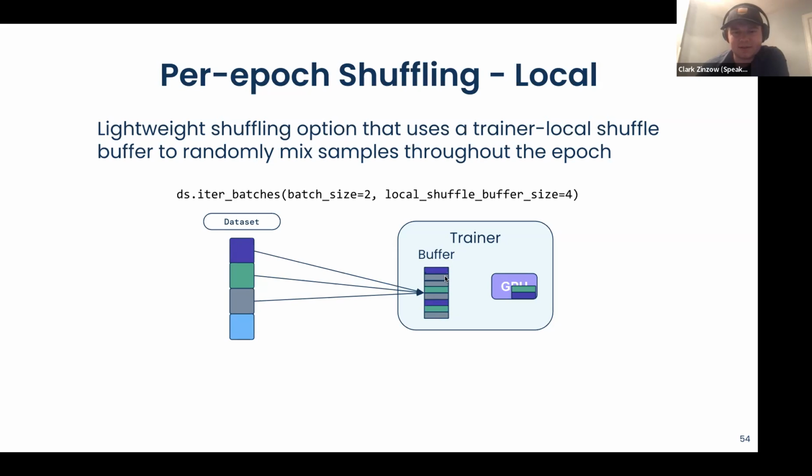And what this does, as you can see, is although it's a very limited shuffle buffer size, we're not going beyond 8 records here, we are mixing samples across the entire data set. So there's some probability you're going to see a sample in the later stages of your epoch that was actually from the first block in the data set. So this allows us to get something that's pretty close to a decent shuffle, because we are, with some probability, mixing samples across basically the entire epoch's worth of data.